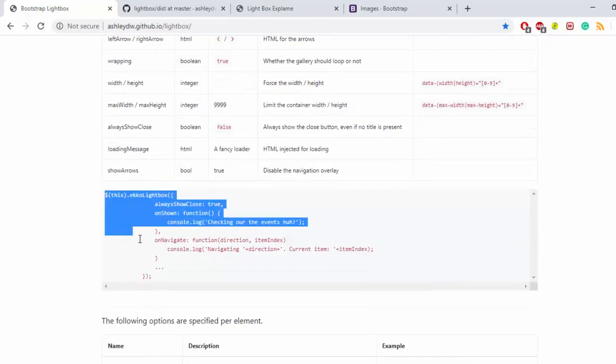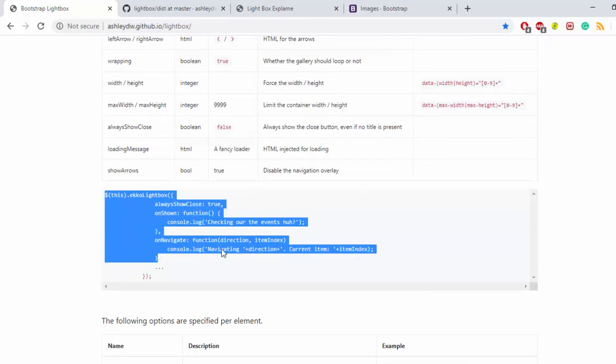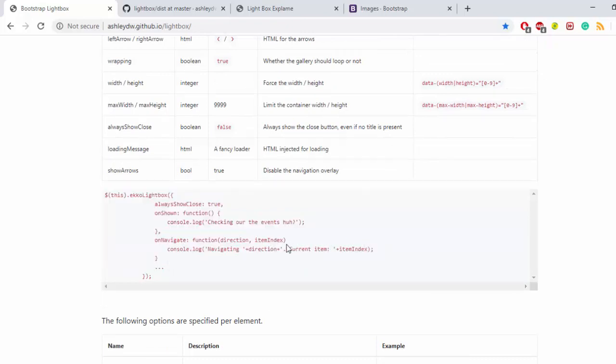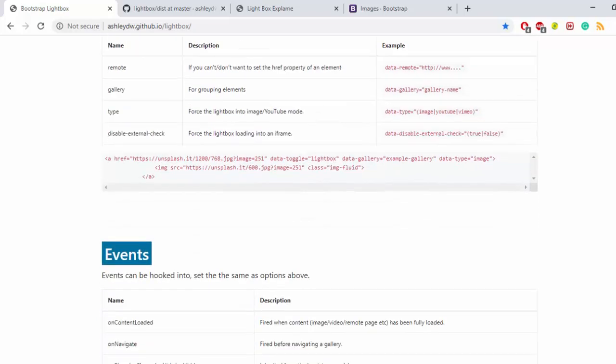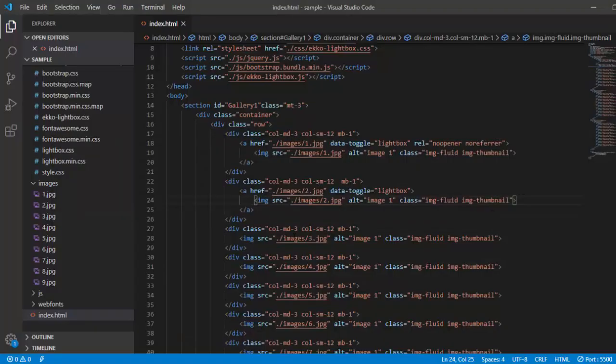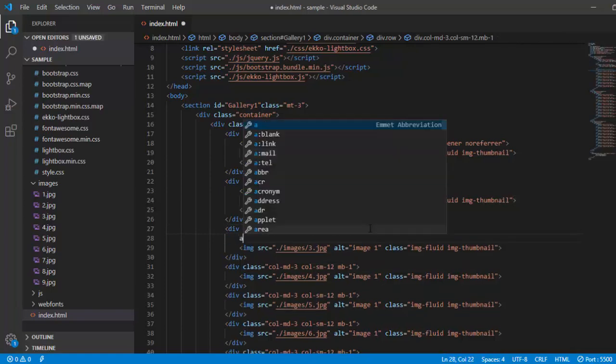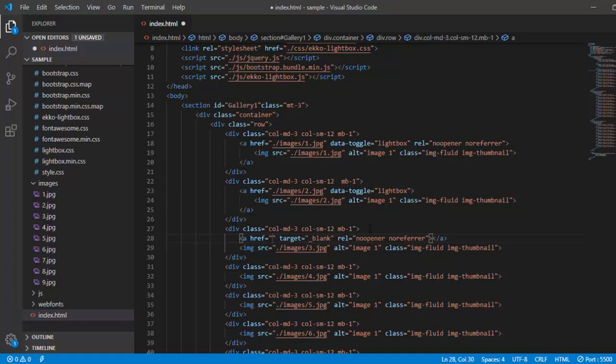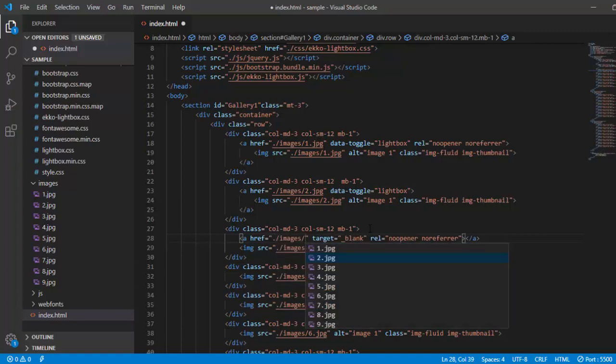Now I will remove that. I will not do anything right now, I will just scroll it down. Okay, I'm just scrolling it down, and let us have some data. I'll add a title and also a footer kind of thing, right? So these 2 things I'm going to add right now for this image, and let us see what happens. It's a blank where you go with an image like 3.